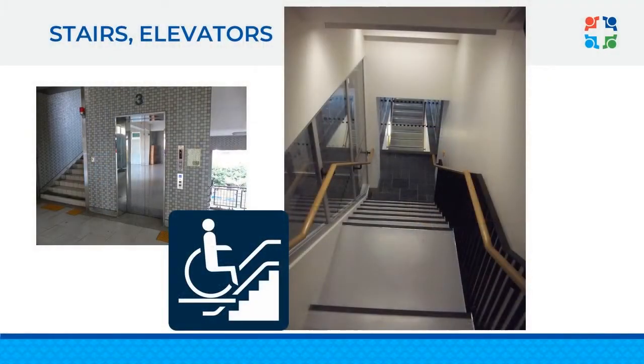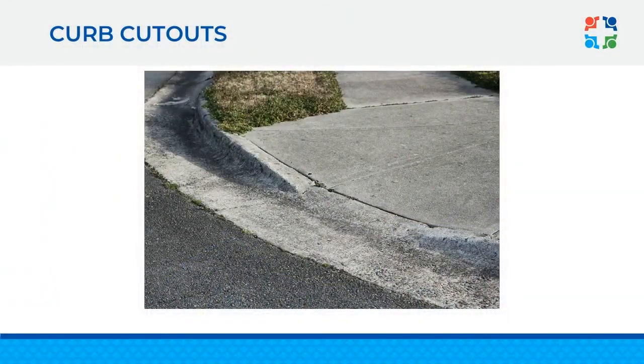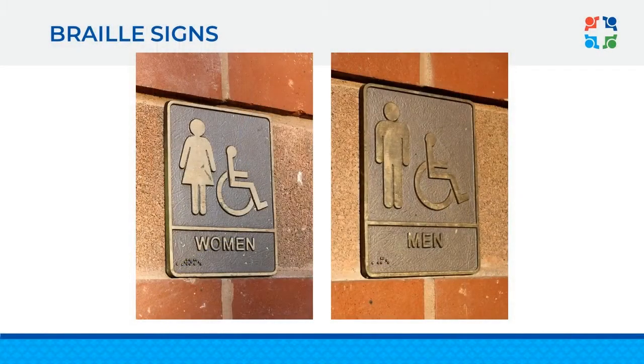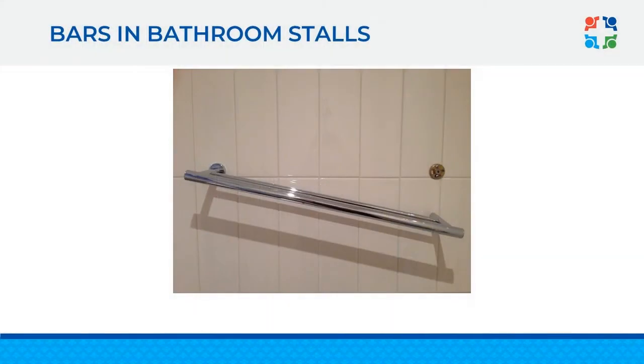So imagine that building. The term first started with architects. They build a building for everyone to use, but know and expect that people of all abilities will be coming into that building. So they put options in that building. There are stairs and there are elevators. There are curb cutouts, there are parking spots that might be closer to a door and some that are further away. They build options for those that can feel the braille on the wall describing the women's and men's bathrooms, as well as people who can wheel in and use bars within those stalls that help a wheelchair user. So I think it's really important to remember that it's about options.